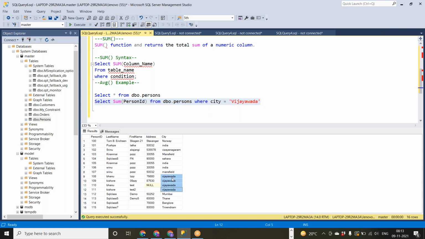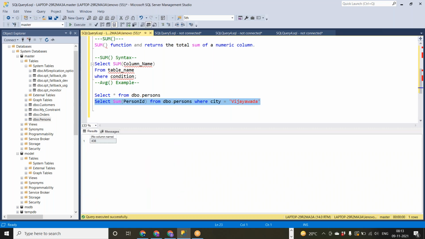I think we have 1, 2, 3, 4, we have 4 and this will sum all 4: 108, 109, 110, 111. It's 438 over here.